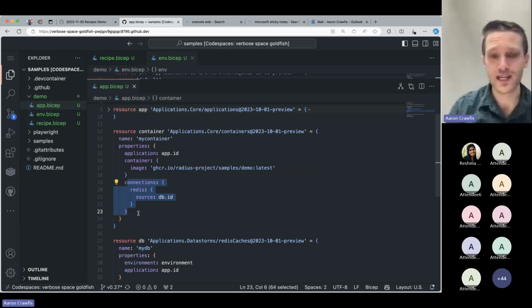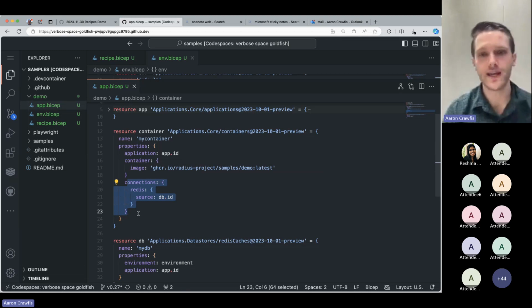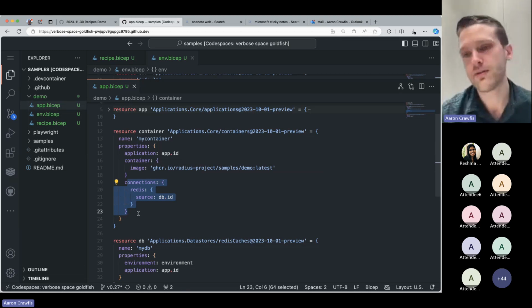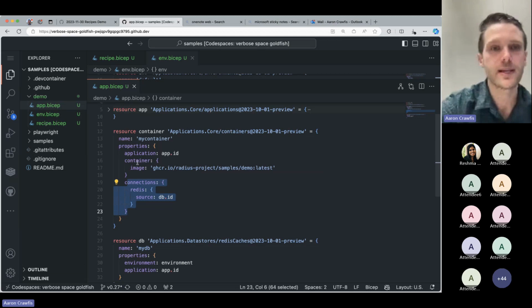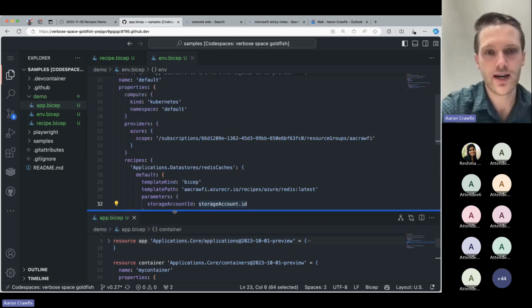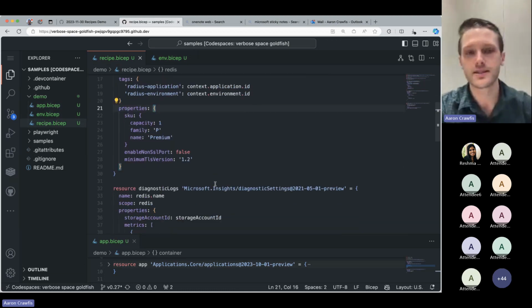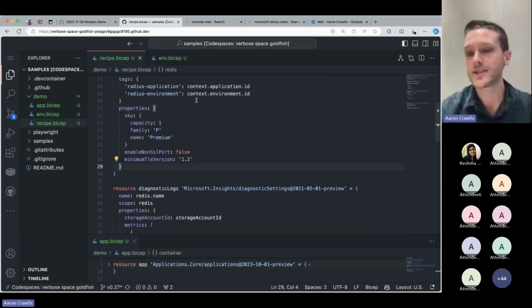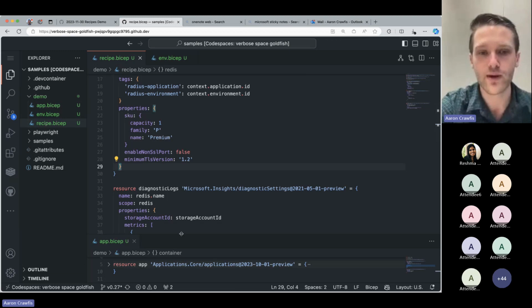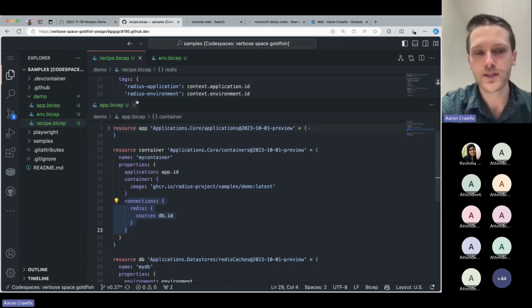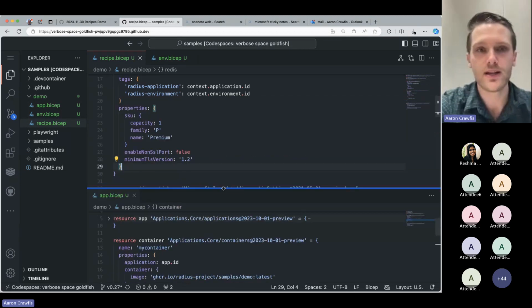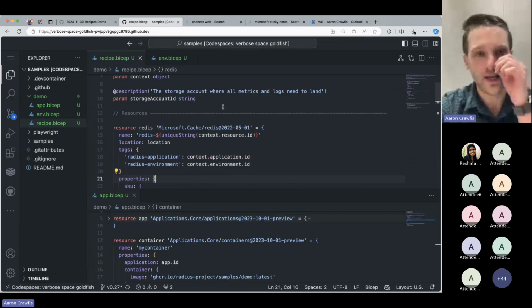So the developer is thinking in terms of their application and what they need, not in terms of any of that infrastructure or complexity. All of that stuff that we just set up with parameters and diagnostic logs and security and tags, that's all handled up here inside of that recipe. So we offer this great separation of concerns between here's the app, and then here is the recipe and that